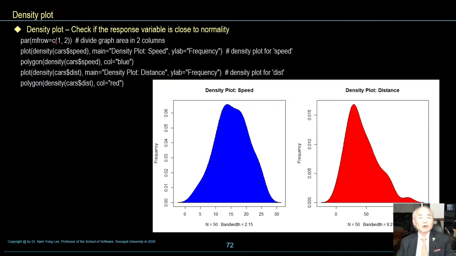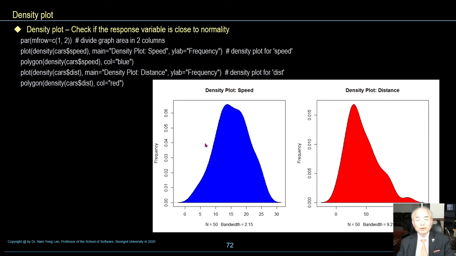Density plot can be used to check if response variable is close to normality. Plot density, density plot speed here, density plot distance here.